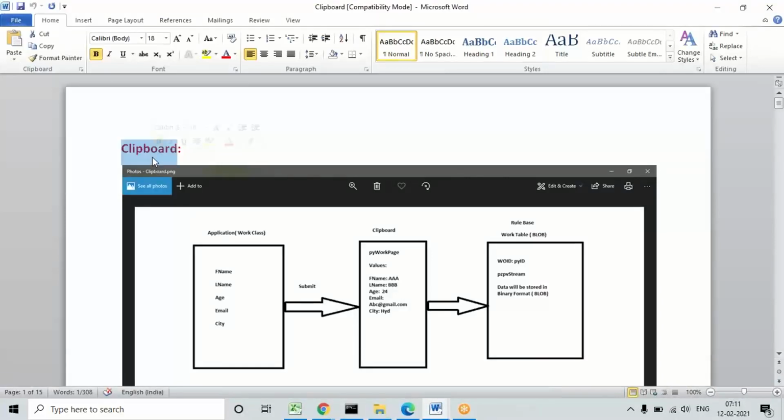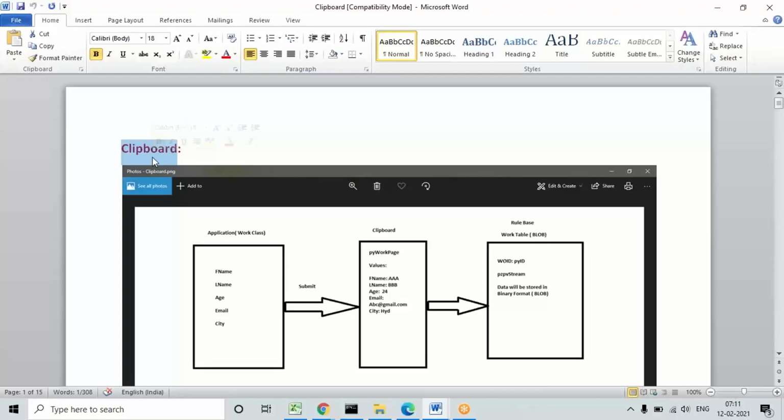What is the clipboard? In the Pega platform, the clipboard is a debugging tool, and we can also see any data that goes out or comes in. Going out means, for example, when data passes from Pega to data tables or from tables to Pega, or from Pega to external applications or from external applications to Pega.